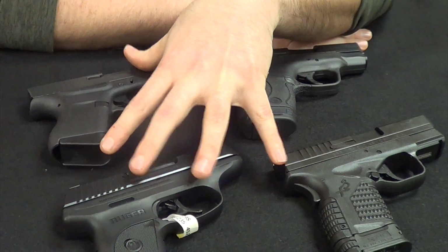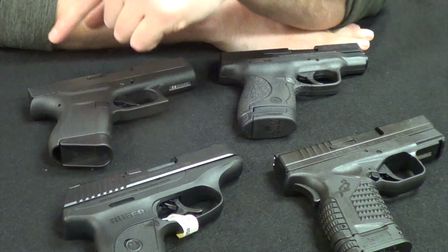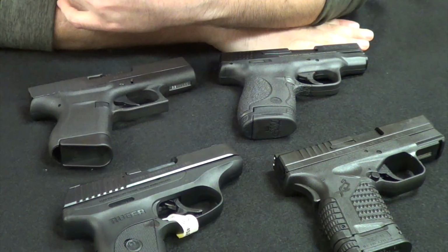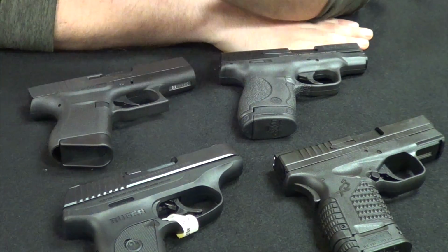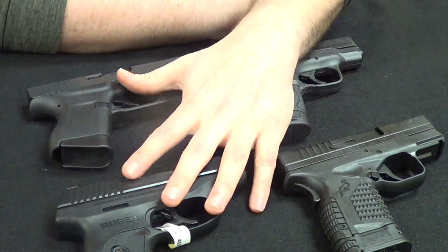And I always like to say this, I'm a fan of Glock. I'm just going to throw that out there. So I carry a Glock 17 when I'm in here. As many of you know, I like to know that when I have a round in the chamber and the weapon is holstered, no matter what, if I pull the gun and I pull the trigger, the gun's going to fire. Now, there are what's known as trigger safeties, and actually all 4 of these have a variation of that,